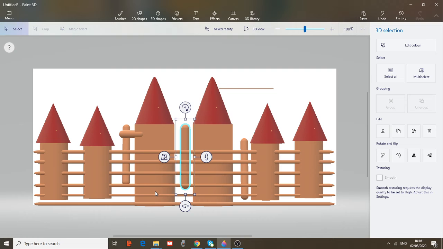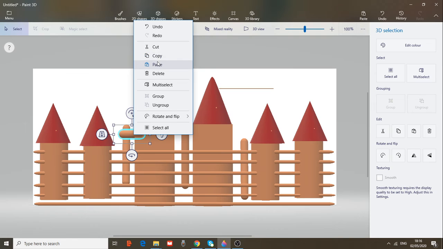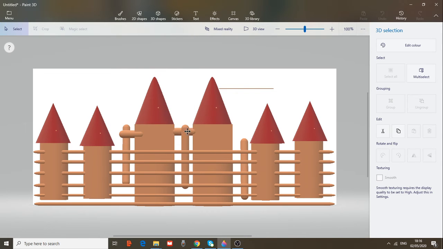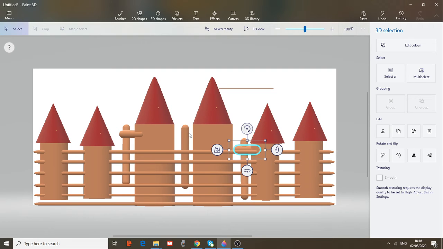Fantastic. I want to copy also this one and paste it. Paste it again. And interlace the objects. Okay,